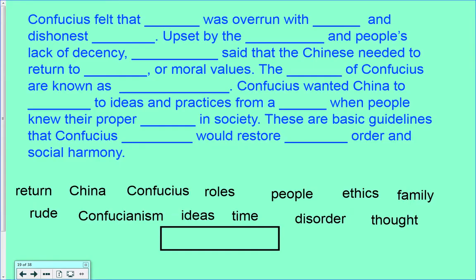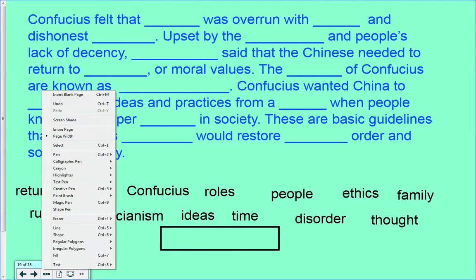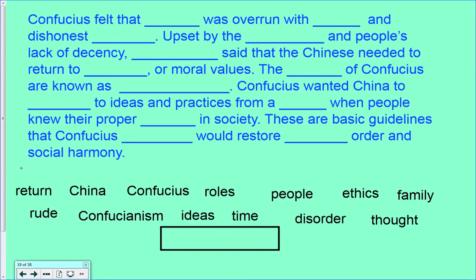No, let's take a break from that and take a piece of paper at home and number it 1 to whatever I get to. Let's find out. 1, 2, 3, 4, 5, 6, 7, 8, 9, 10, 11, 12, and 13. Now this is a reading activity, and students are to fill in the blanks above with words from the word bank below. Now if you're at home, you can turn to page,